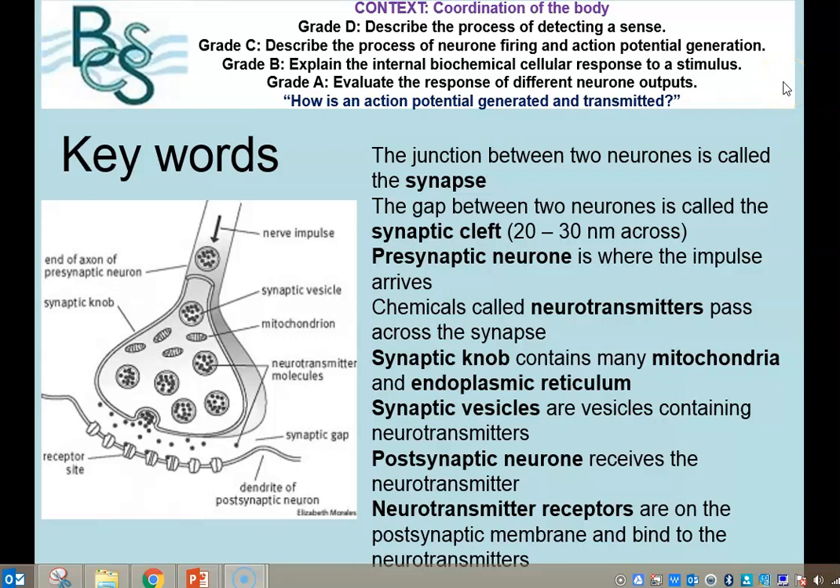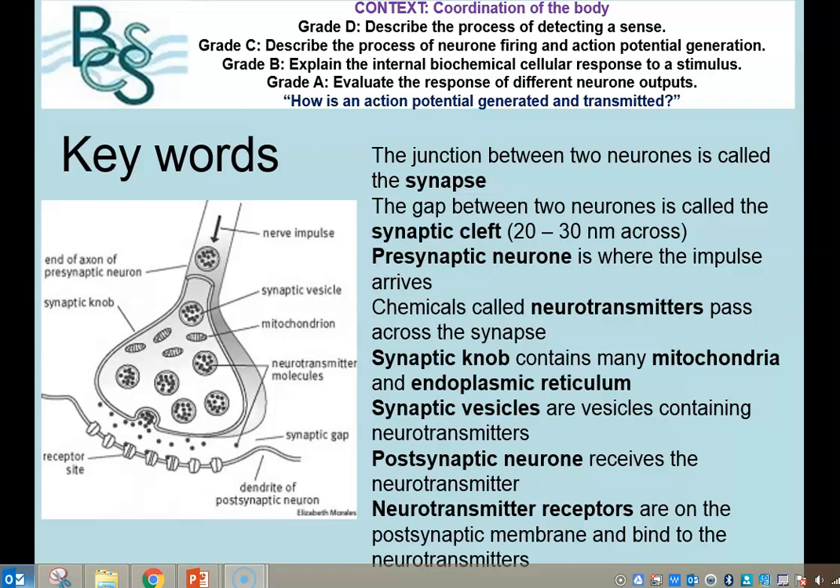Okay, so what we're going to learn about today is what happens when the electrical impulse reaches the very end of that neuron. So we're looking here at the point between perhaps a sensory neuron and a relay neuron, or a relay neuron and a motor neuron, or even between a motor neuron and either a muscle or a gland. Now, the junction between those two neurons, or the muscle and the gland and the neuron, is referred to as